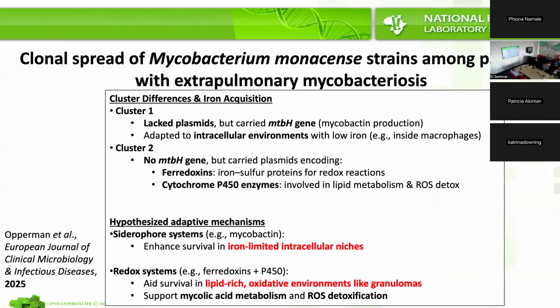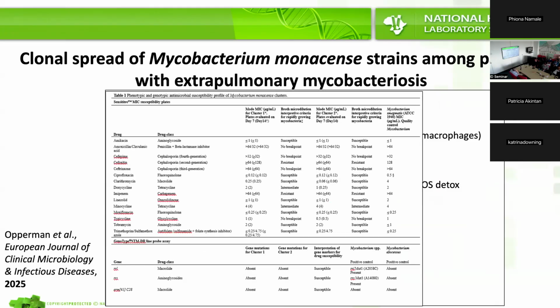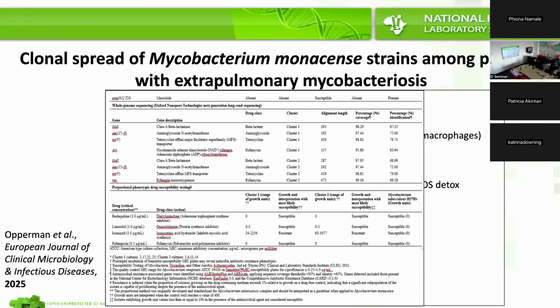In addition to that, we also did the microdilution type of plates. Remember, there are no real breakpoints for these NTMs, and we extrapolate a lot. We also did the NTM DRLPA, that's the line probe assay that you will do at the NICD on a case-by-case basis, but that only looks at the aminoglycosides and the macrolides. We did whole genome sequencing, and then we did the proportional method with the critical concentrations that we would also use for rifampicin and INH.